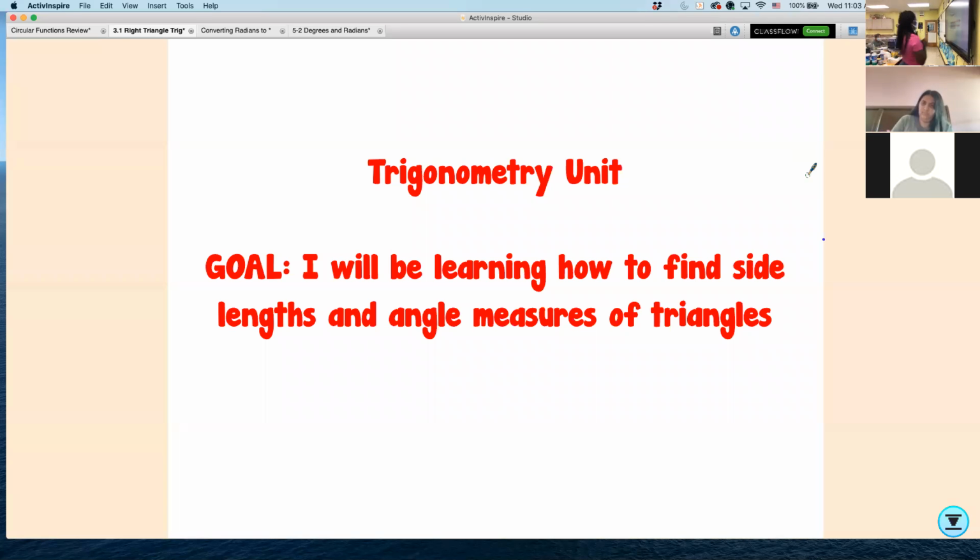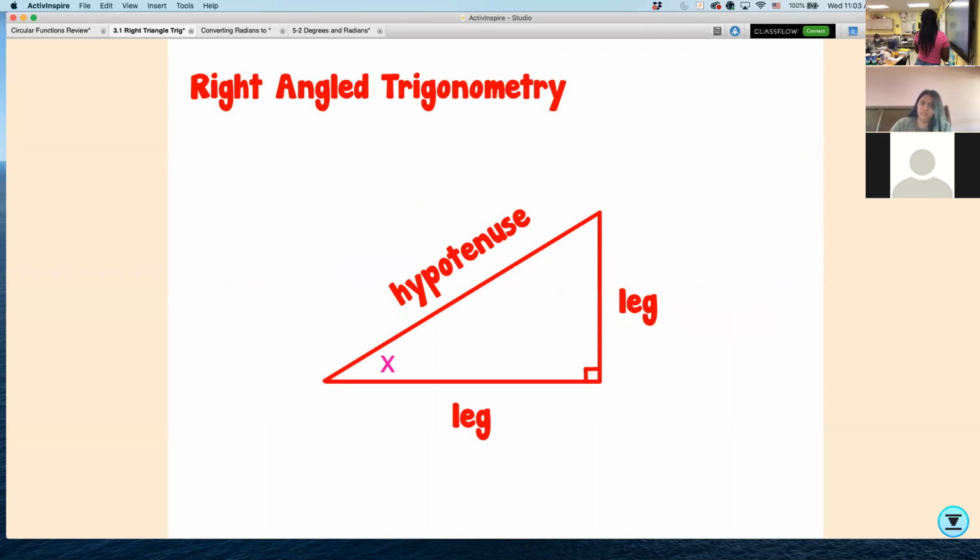So today you're going to be learning how to find side lengths and angle measures of triangles. We are talking about old school right triangle trigonometry, okay? So remember with the right triangle, you have, of course, a 90-degree angle that indicates that it's the right triangle. Your two perpendicular sides are called legs. And of course, the side across from your 90-degree angle is always your